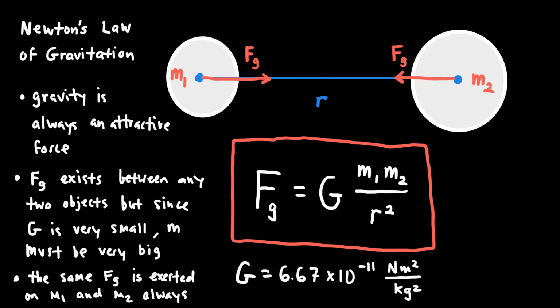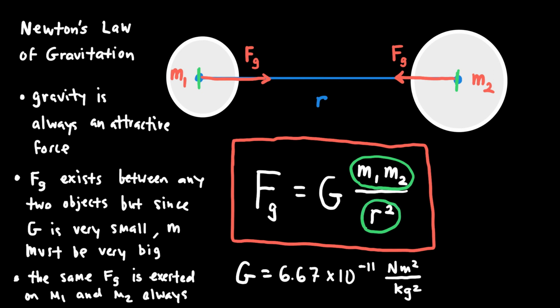Lastly, I'd like to talk a little bit about gravitation as well. One of the main things that we studied when we studied gravitation was Newton's law of gravitation, which says that if I have two objects, mass 1 and mass 2, whose centers are separated by a distance r, so importantly, r represents the distance between the centers of the two objects, then there is a force of gravity that is exerted on both of those objects that is equal and opposite, that's given by Newton's law of gravitation. And while the force of gravity is proportional to the product of the masses and is inversely proportional to the square of the distance between those two objects,